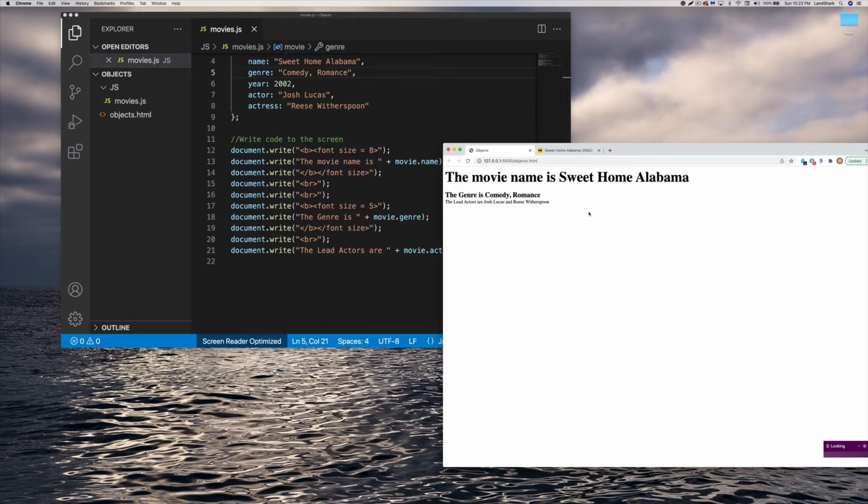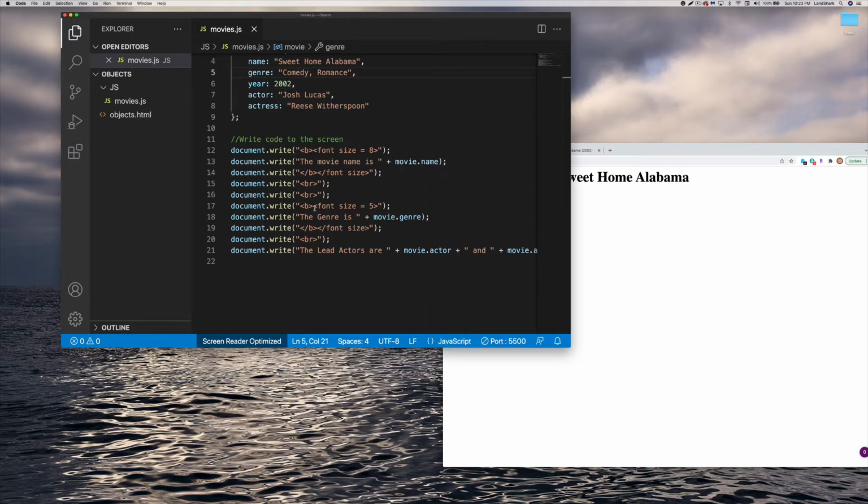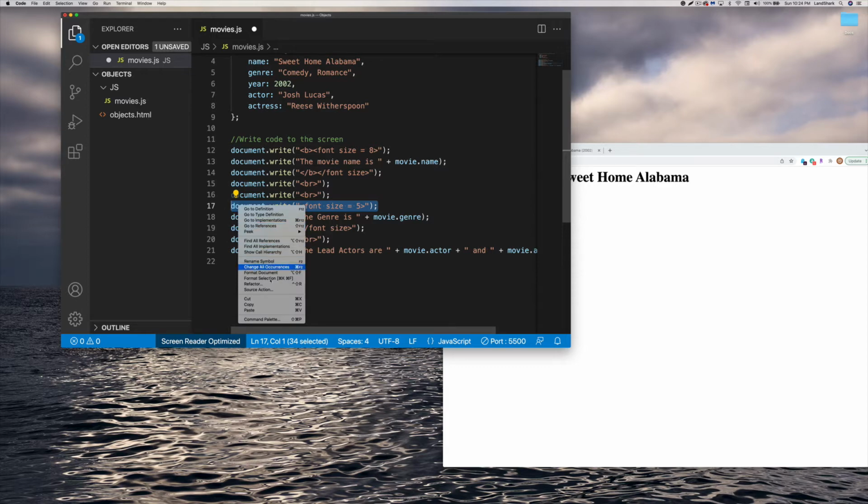There it is. So we probably want to do the same thing with these guys right here, but I don't know if we want to have it bold either. Okay, so I'm going to take the bold out. And then I'm going to copy this. And also,